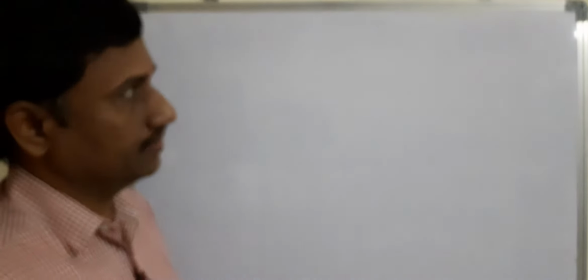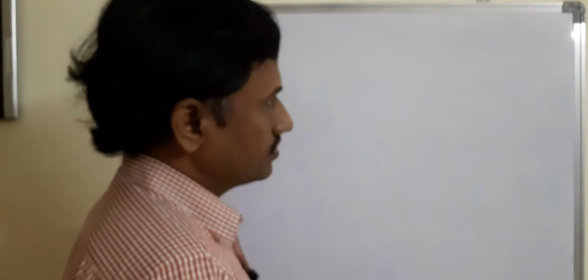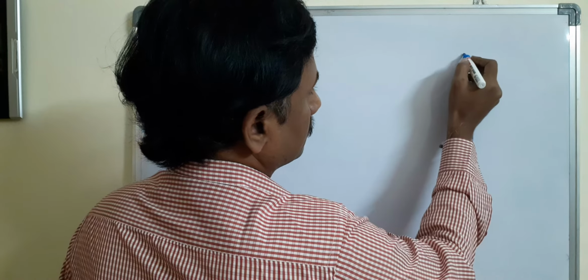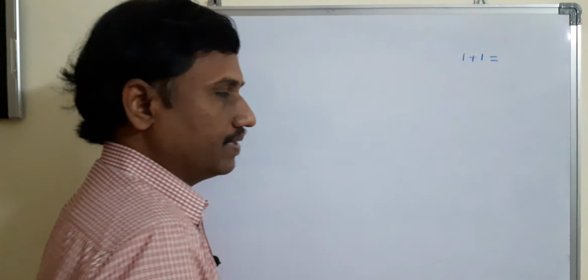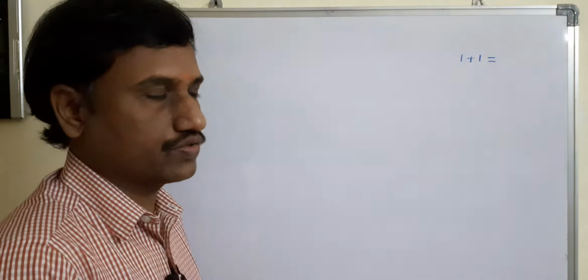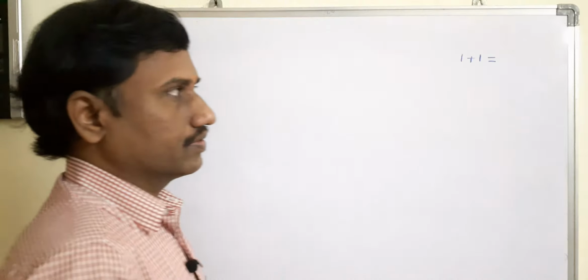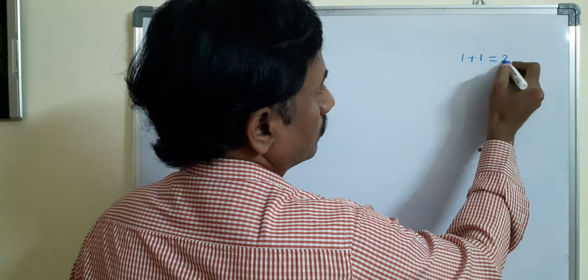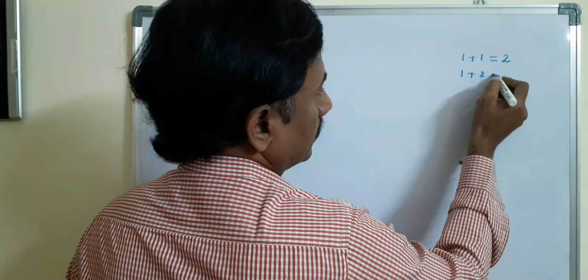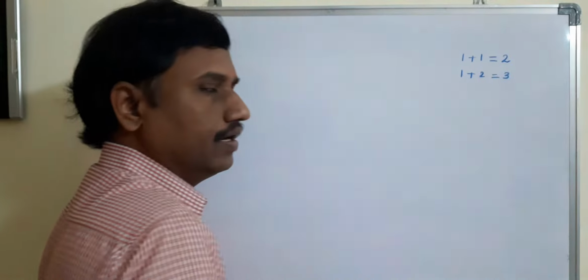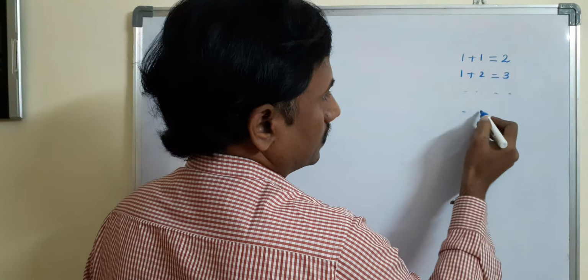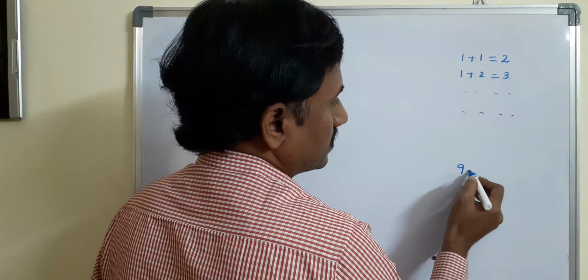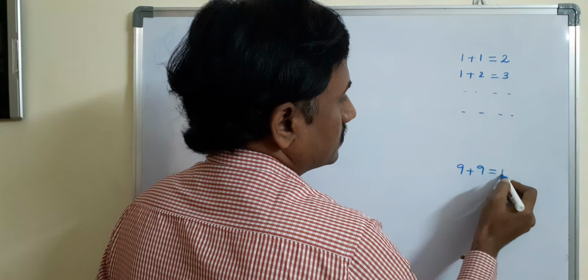Before doing this addition, you should remember the values from 1 plus 1 to 9 plus 9, all the combinations like 1 plus 1, 1 plus 2, 1 plus 3, 1 plus 4. Okay, 1 plus 1 is 2. Next, 1 plus 2 is 3. These values you know very well, and you can remember them easily through practice. Very simple values. And if you do it like this, what is the highest value in this combination? 9 plus 9 is 18.